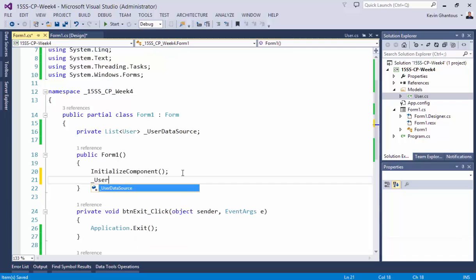I can say _userDataSource equals new List of User. So I've now initialized that list, and I can now start adding things to the list. The other option is you could put that line in your form load